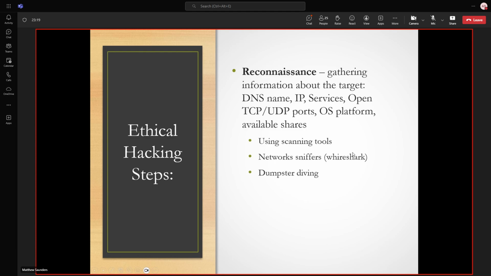Network sniffers, again, you'd want to be careful with that. But if you can get on site, you might be able to pick up some interesting things. And then dumpster diving, which has been a thing for a long time and has been bringing the hackers and the homeless together for decades.